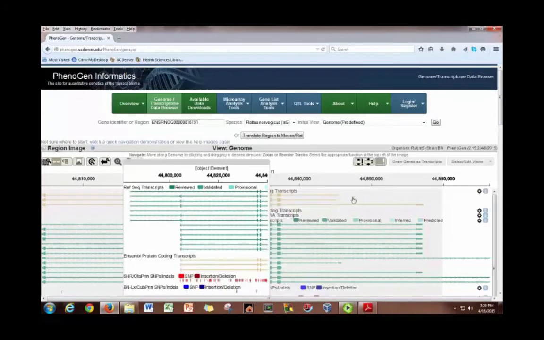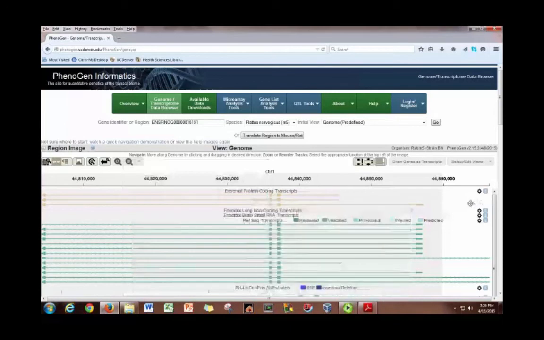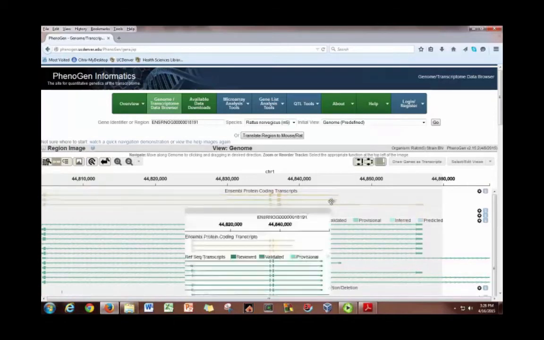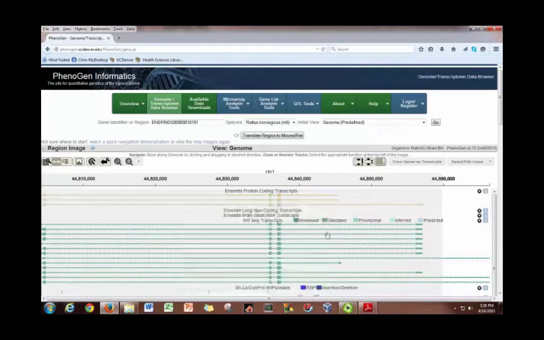So these are the 3 Ensembl transcripts for that gene. And if you hover over any of them, it'll tell you a little bit more detail. And then RefSeq has several genes in this area as well. And then next,